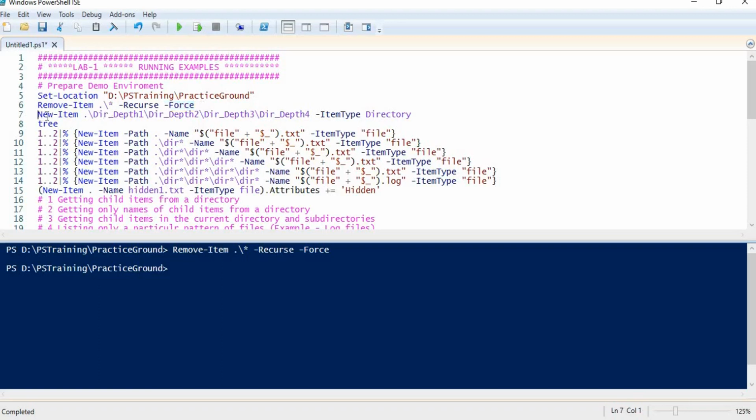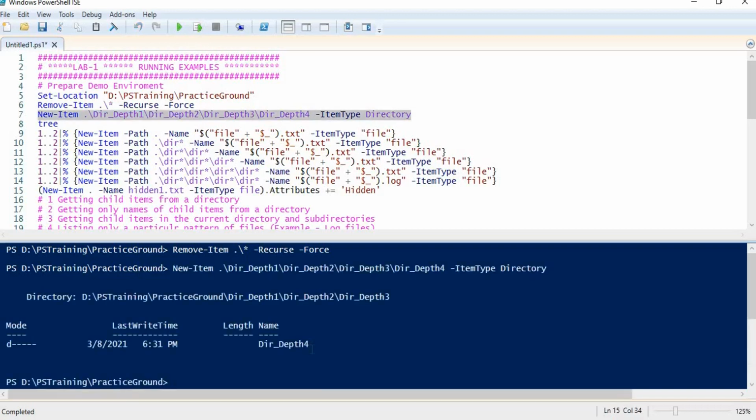In the next command we are creating 4 directories, one inside another. We have this directory created in the current folder, then under that a subdirectory like dir_depth2, and so on. Let me create them. As you can see, our 4 directories have been created. We can only see the last directory, but the in-between directories have also been created.